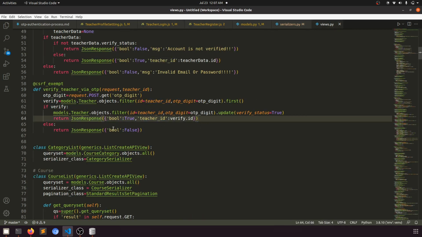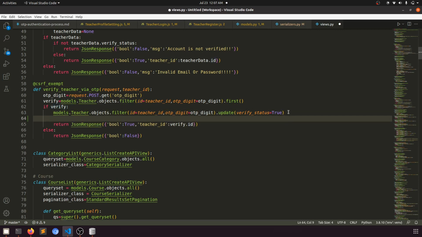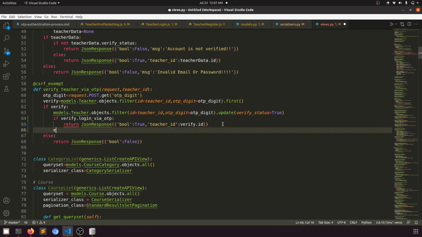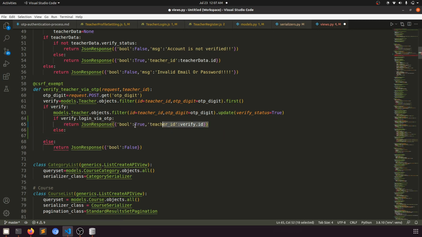What it is saying, teacher verify ID. One more thing we will say here, if verify is true, here we will add one more condition, if verify.login via OTP is true, then we will send a different response, and else we will send a different response,